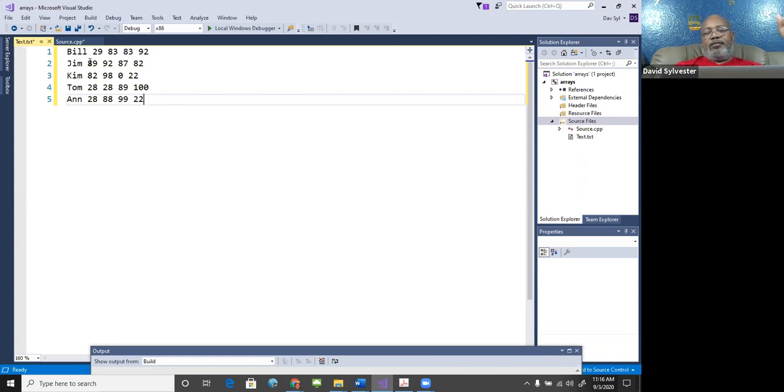I mean, not names, numbers going across, and 1, 2, 3, 4, 5 numbers going down. So wait a minute, they're all the same data type. So now what I can do here is create a 2-dimensional array. How many rows? 1, 2, 3, 4, 5. How many columns? 1, 2, 3, 4. So everybody understand how I came to that